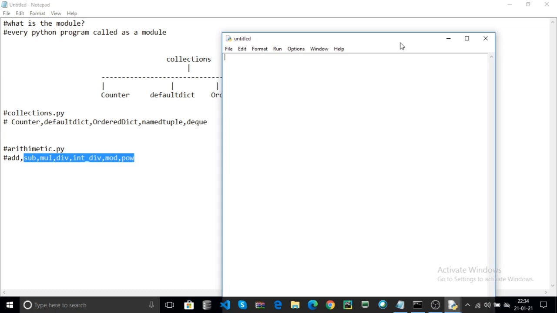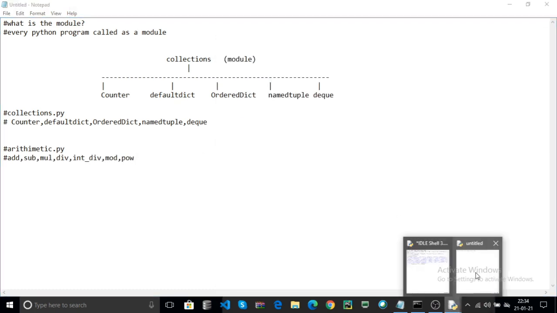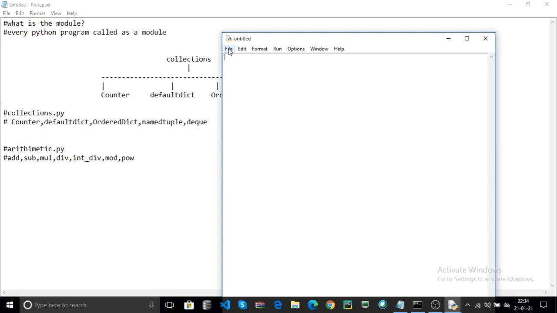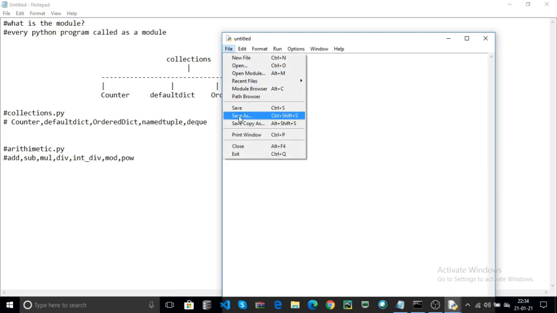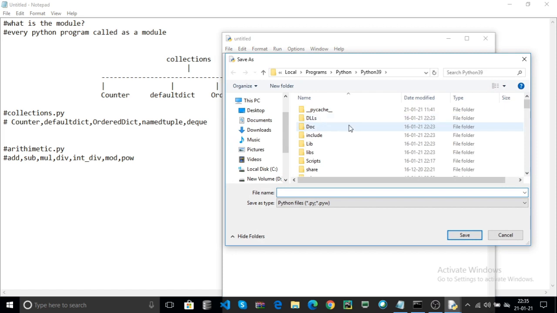First, to save your file, use Save As. You must save your module in your environment path. That means IDLE automatically gives the working storage location, where your Python path is set in the environment variables.